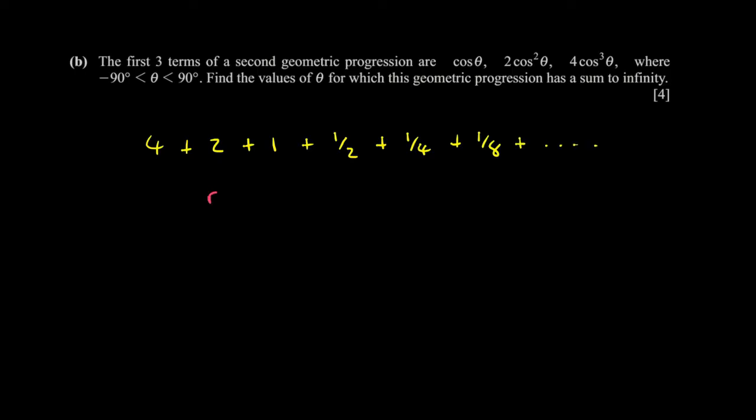This is a geometric progression where the ratio is equal to a half, which means that every term is divided by 2, right? So 4 divided by 2 is 2, divided by 2 is 1, divided by 2 is a half, and so on. Now, the key thing about this geometric progression is that all the terms are getting smaller and smaller, until eventually, somewhere over here, these terms are getting so small that they're almost